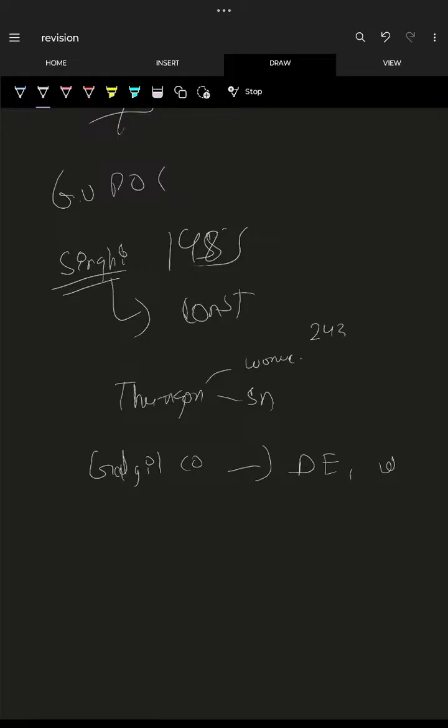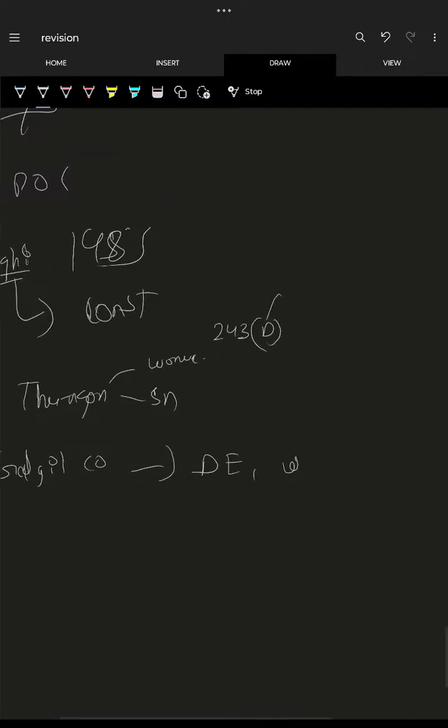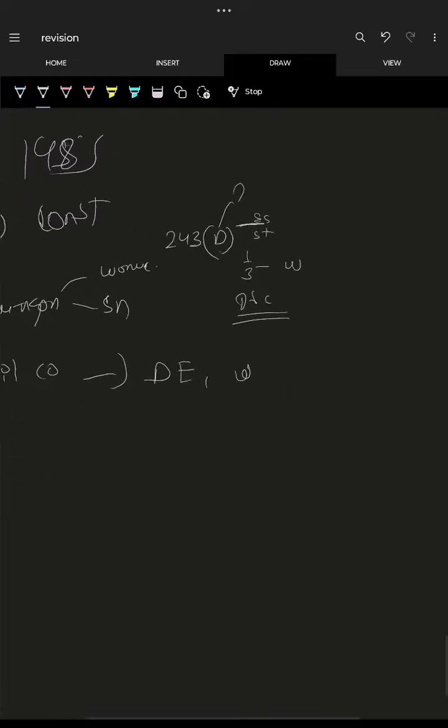Now 243D is reservation: for SC and ST, and one-third reservation in Panchayati Raj is for women, and OBC is also given some rights. Now 243E is duration, 5 years. If somebody has served 2 years, then for the other 3 years they have to hold a fresh term. They would not give 5 years.